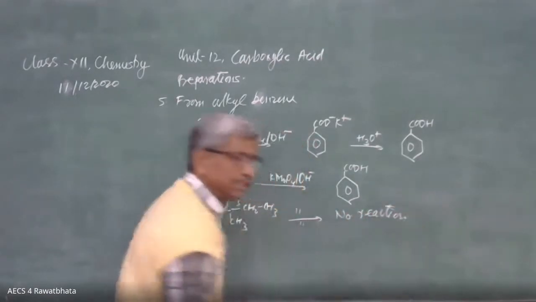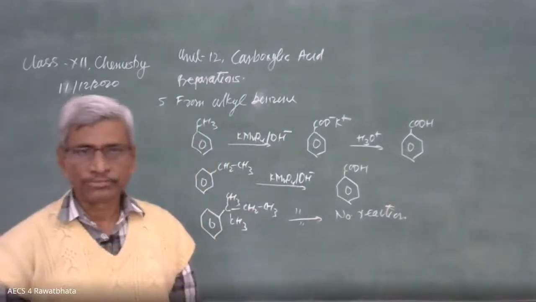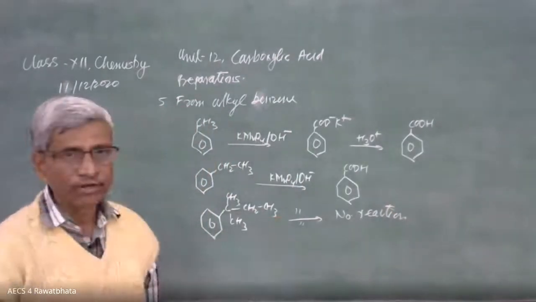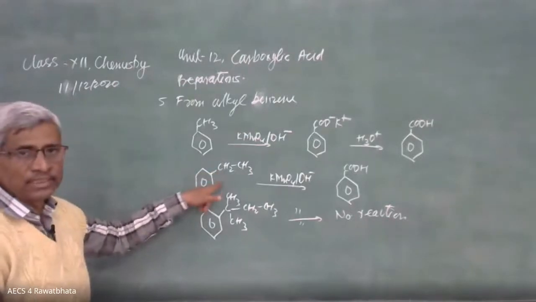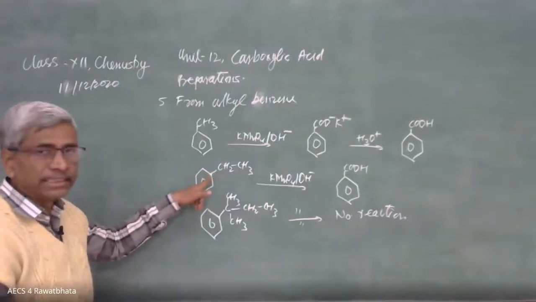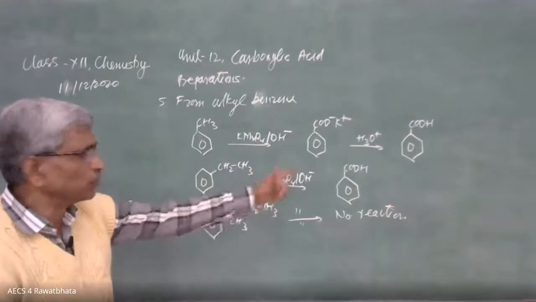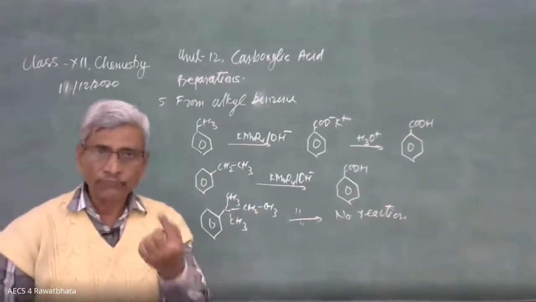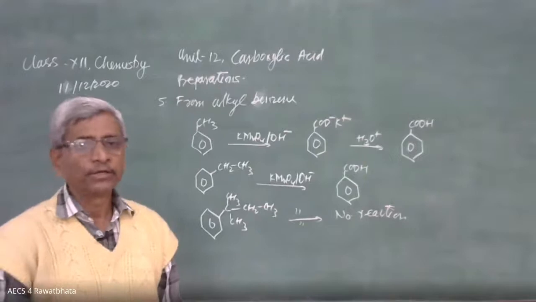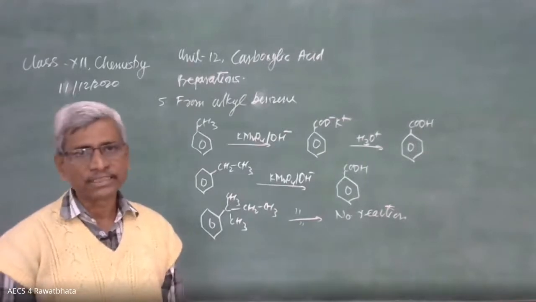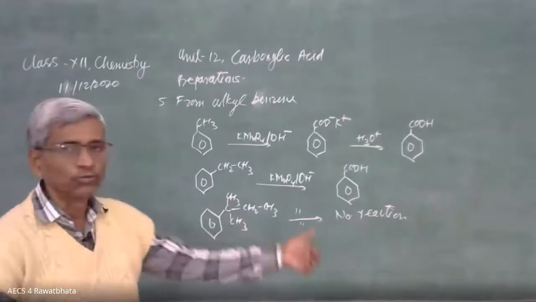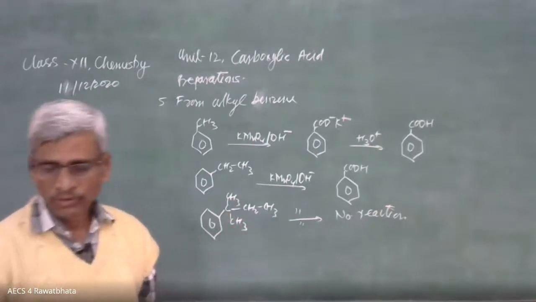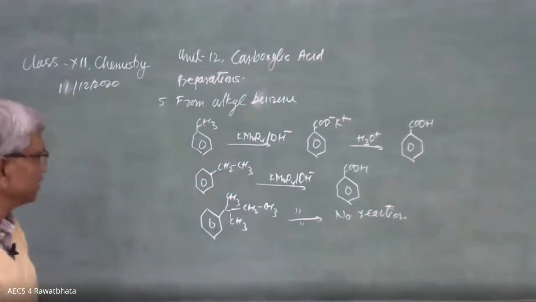The reason is steric hindrance. Because of that, the reaction is not going on. Up to 1 degree and 2 degree alkyl groups attached to the benzene ring can be oxidized to give carboxylic acid having 1 carbon only. Remaining carbon will come out in the form of carbon dioxide and water. And in this case, tertiary, there is no oxidation. Okay, beta? So this is the one way.